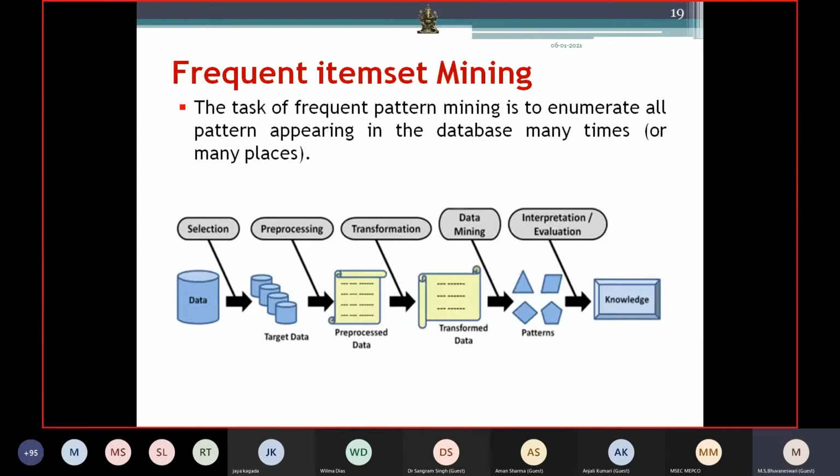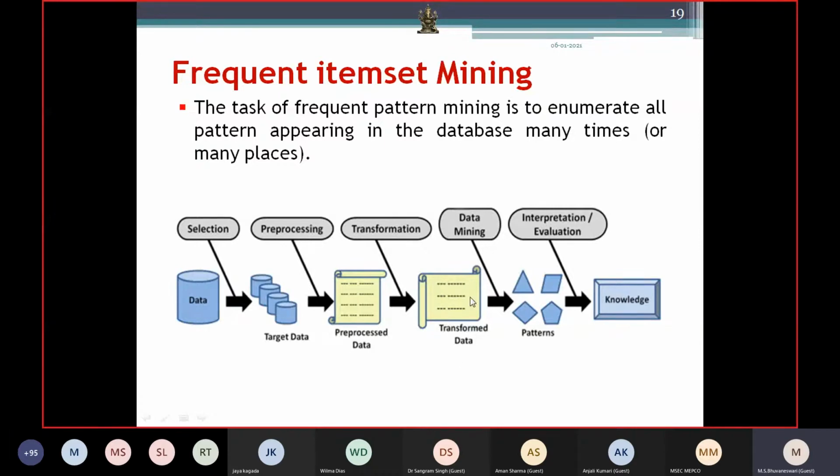So now we go into our topic, that is frequent item set mining. Our task is to identify, suppose a person is buying a mobile or a laptop or any other things, which are the items that he is frequently buying. So that is called frequent item set mining. They will look at the log, that is, the past history. We will have a large amount of data, and whatever data we need, I will take it and transform it into a form suitable for processing.